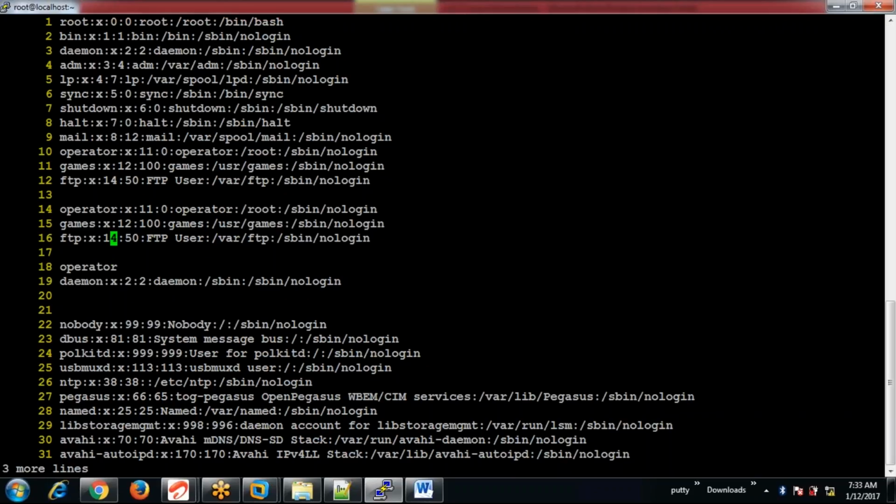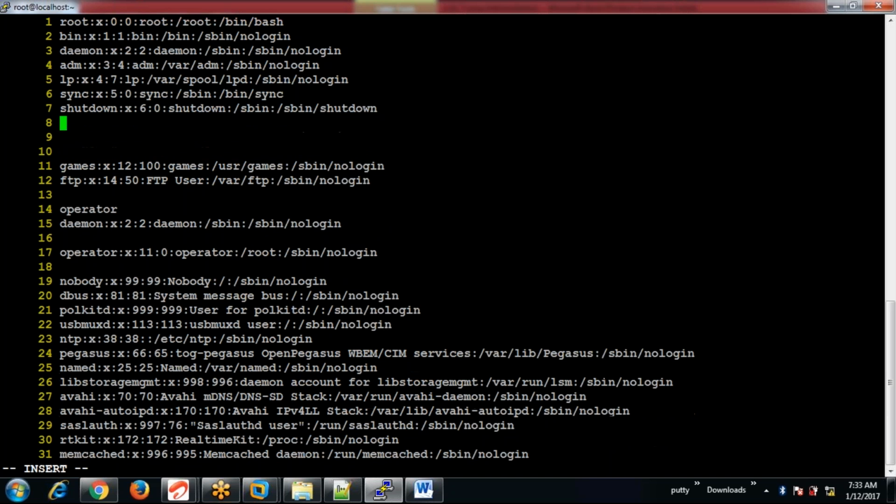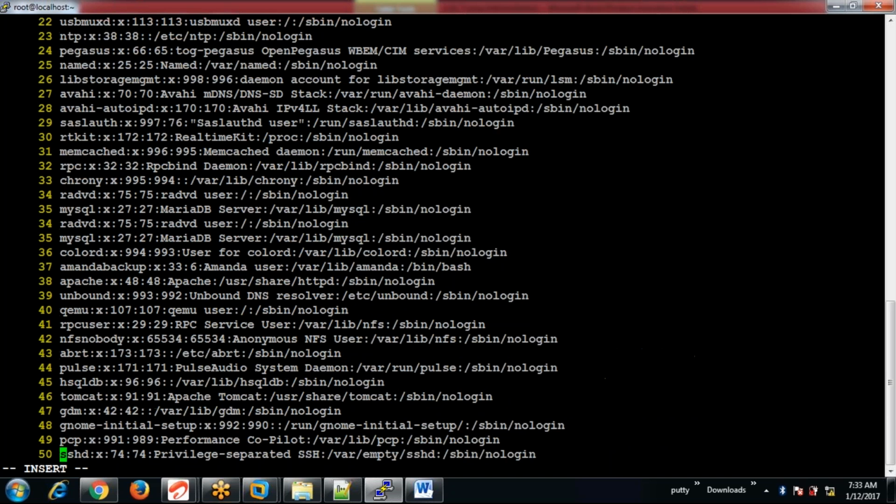Now, how to cut a line? Cutting a line is also the same. Instead of YY, you need to give CC. Now, say for example, I want to cut this line. Wherever your cursor is, that matters. CC. Okay, paste. So I have cut it from that 13th line and I'm pasting it here. Now, say for example, you want to cut all these 5 lines, starting from here. That is 5CC. It's cut. So wherever you want to paste, you can paste it.